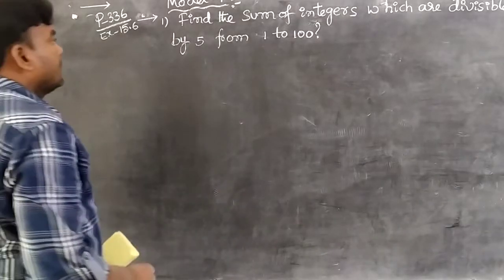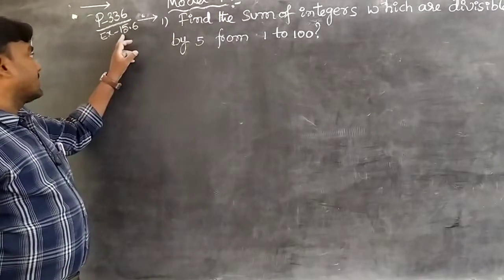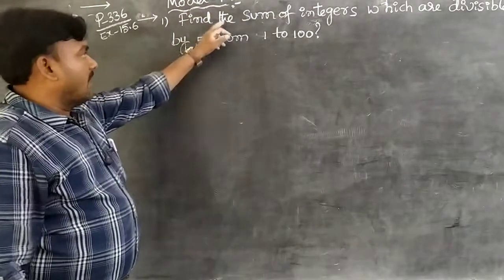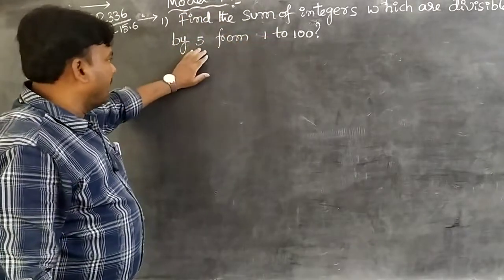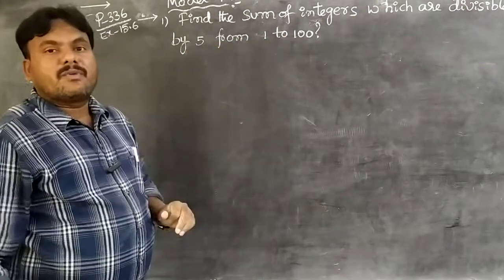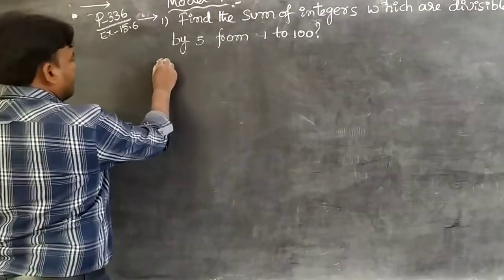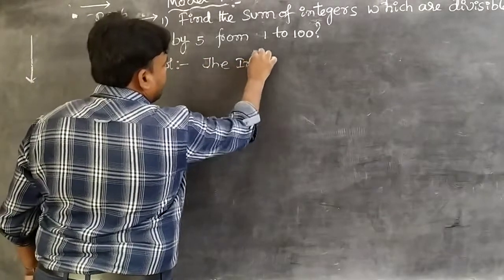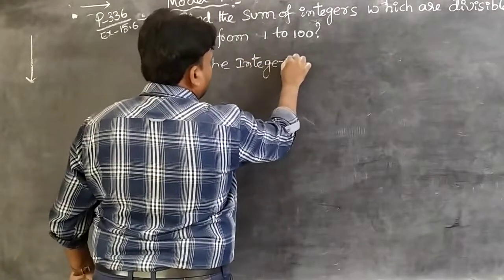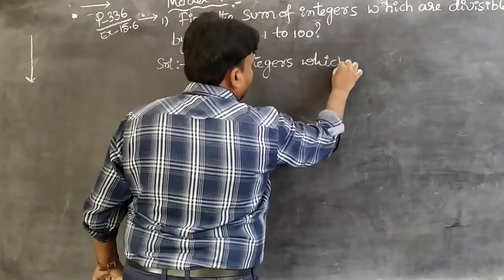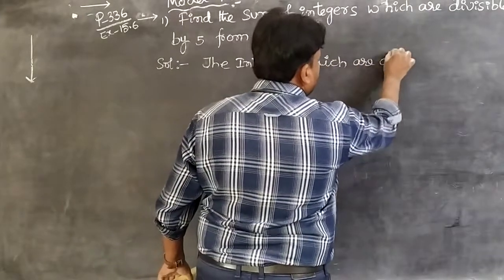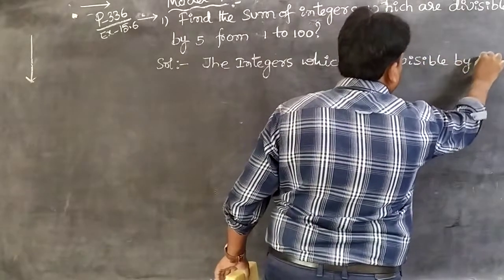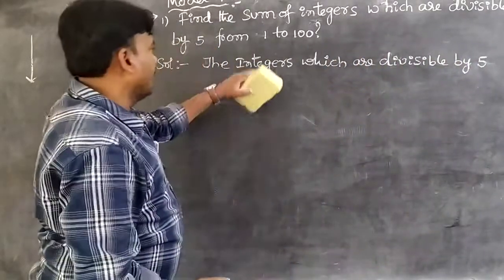Right, students? Observe page number 336, exercise 15.6 problems. So first model, problem 1, students. Find the sum of integers which are divisible by 5 from 1 to 100. From 1 to 100. Yes. Solution, students: the integers which are divisible by 5 from 1 to 100